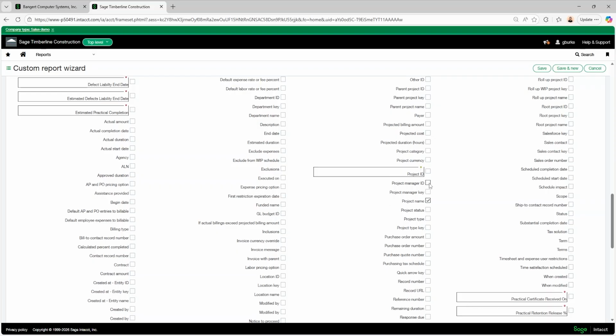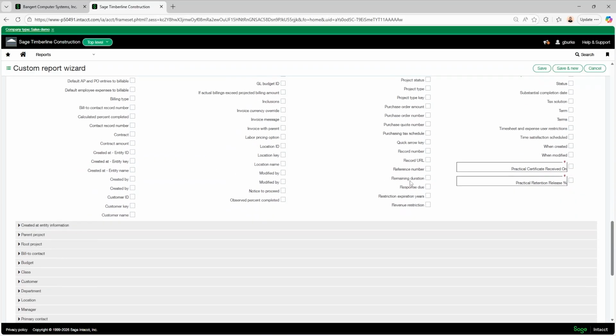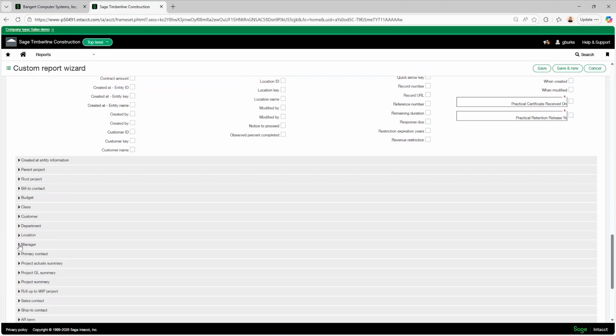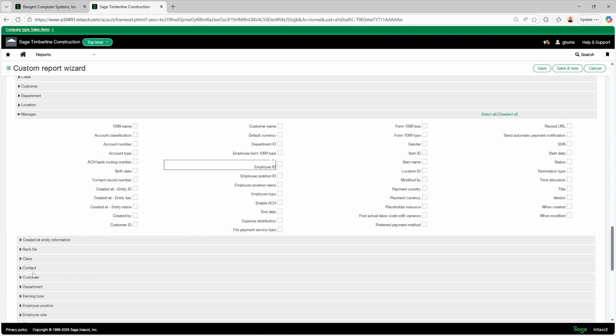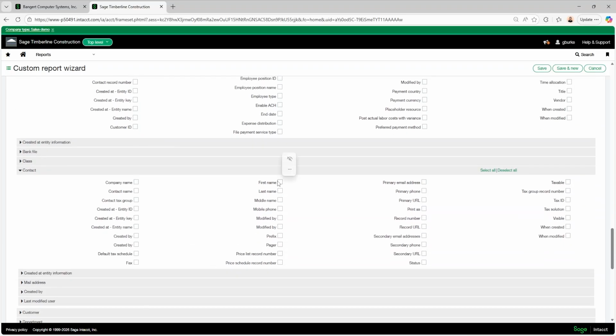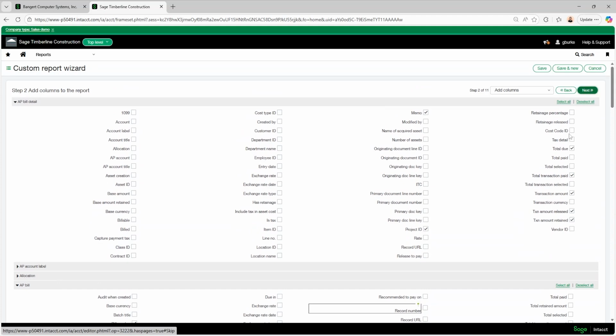So I'll also include the manager ID so I can group it by managers and see their amounts for all their bills. And the ID will just be the name. So once again, I'll drill a little further down, find that manager table this time. And then I can go into the contact on the manager and pull that manager's first and last name. So this seems like plenty of data. I'm going to go ahead and click continue, or next rather.